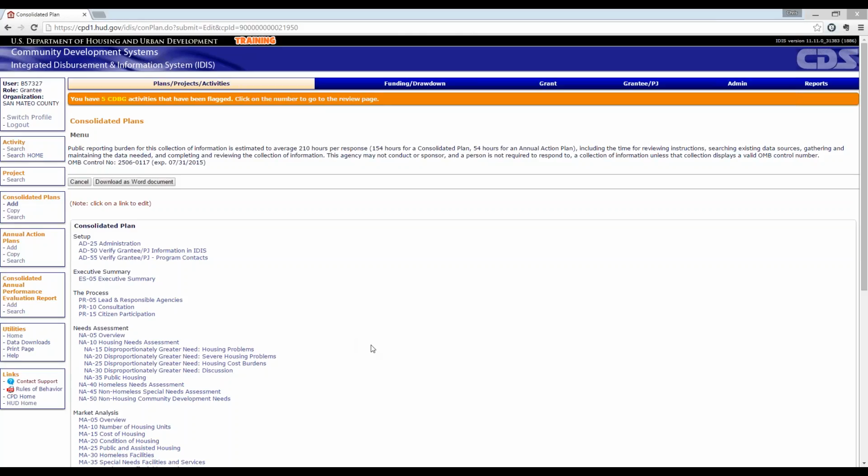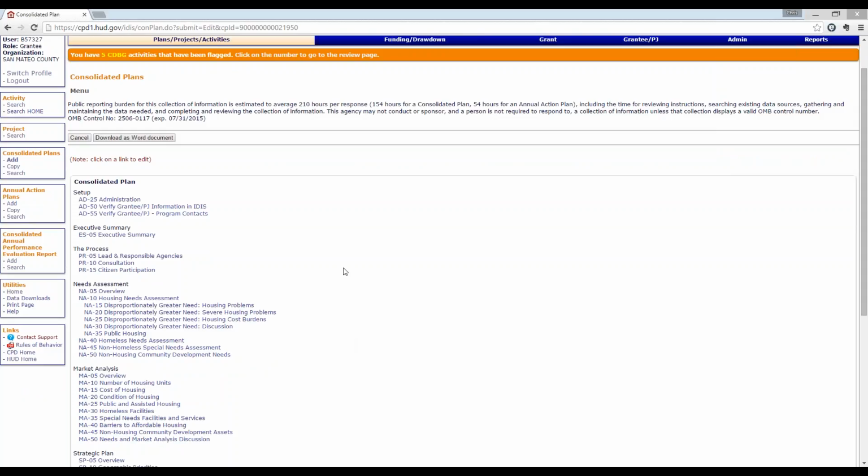And those templates are a little bit different, right? The lead grantee template is including everything. It's including everything focused on the housing and the demographics, on your economic development, on your homeless, so both the housing and the non-housing components. While the participating grantee template is just focused on the non-housing piece because all of the housing and the demographic information is embedded within the lead grantee's plan. So let me go ahead and I will show you what that breakdown looks like.